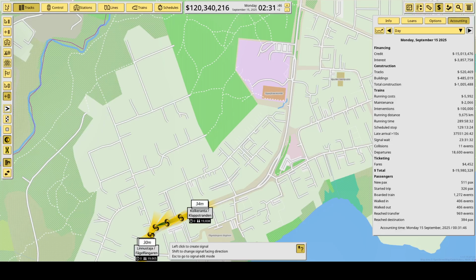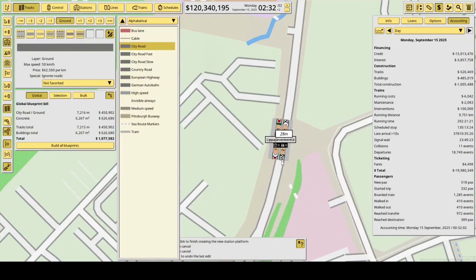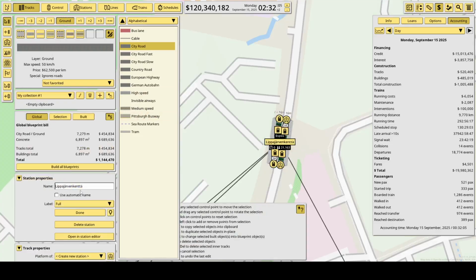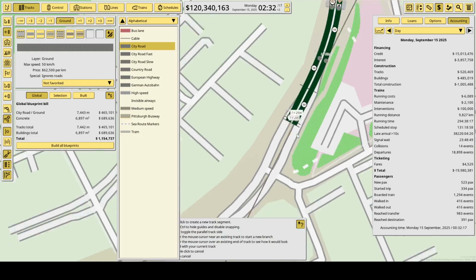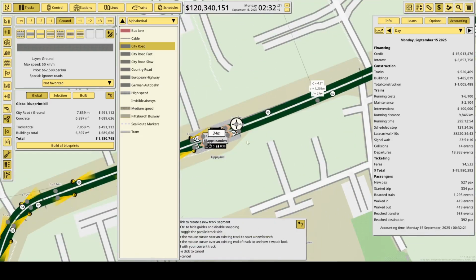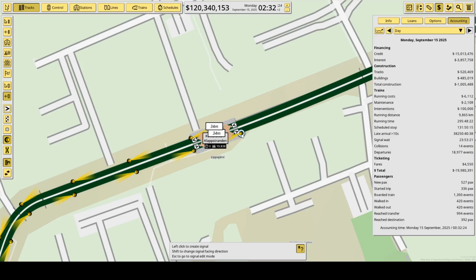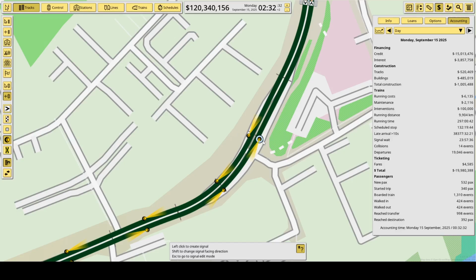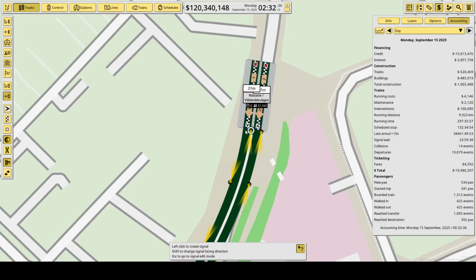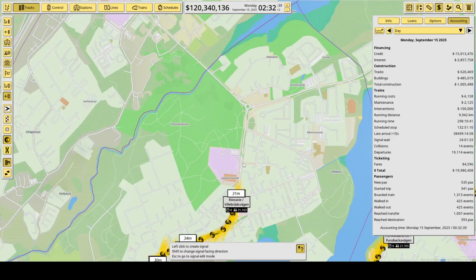and after Kolkeranta, we will stop at Riistatie, Villebråsvägen, and then we will stop at